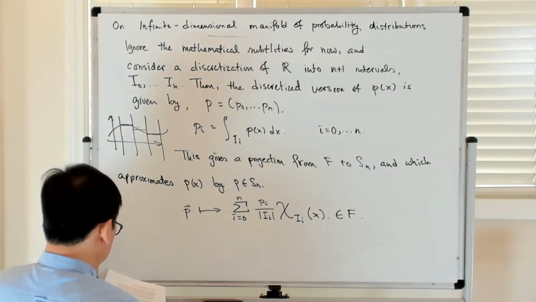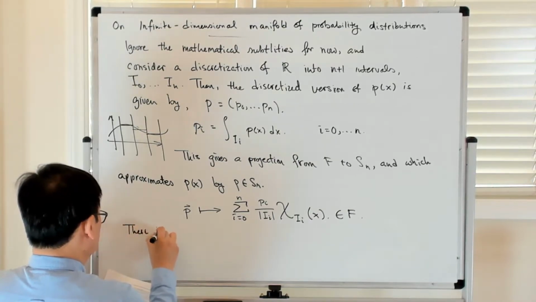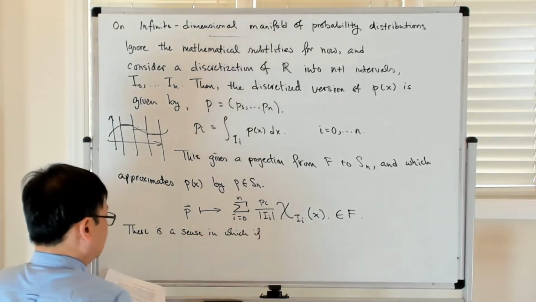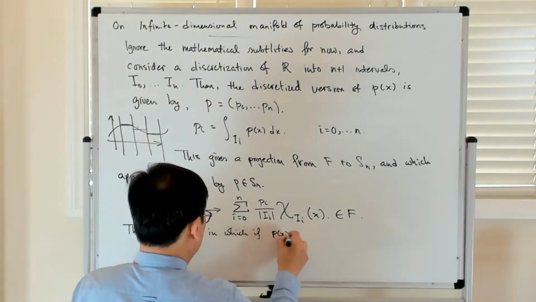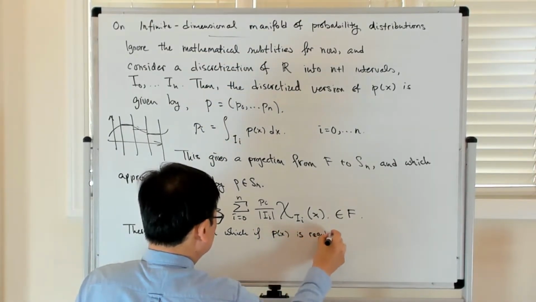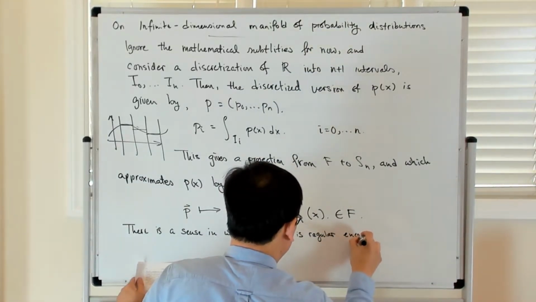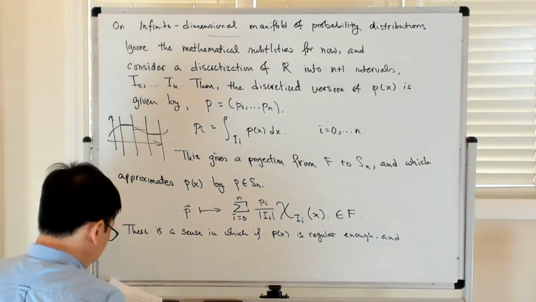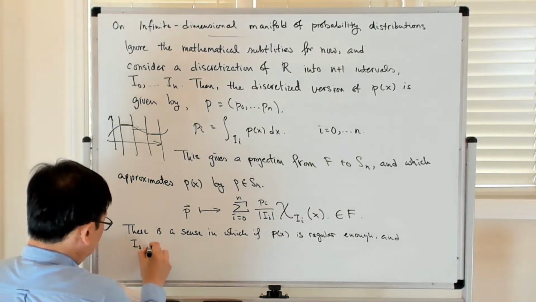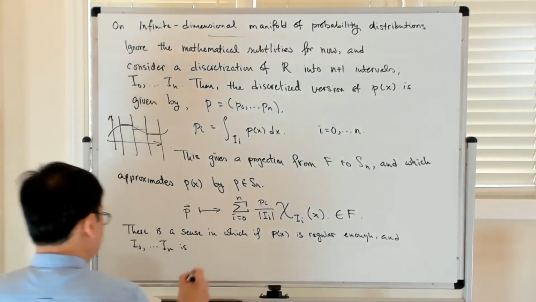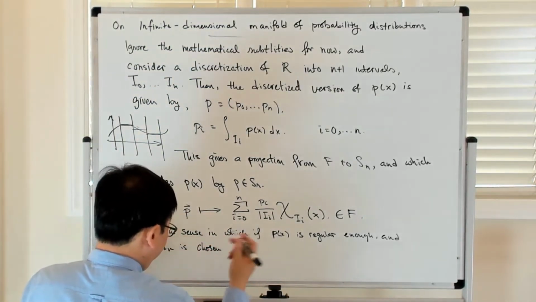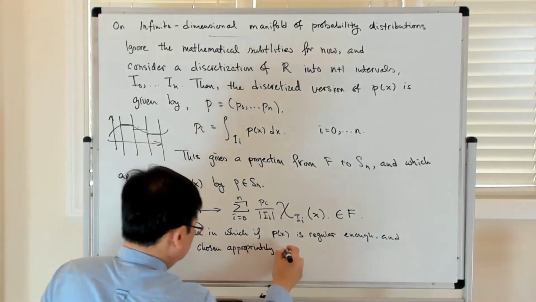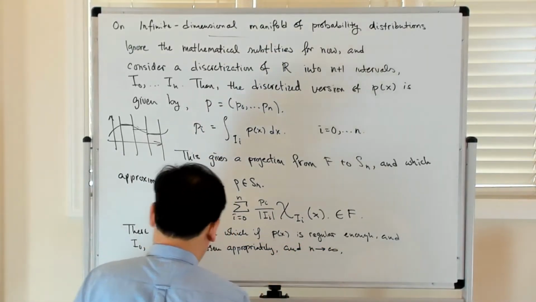There is a sense in which, if p of x is regular enough (I'm not going to precisely specify what I mean by that) and this set of intervals is chosen appropriately (so I'm going to hand wave repeatedly), and n goes to infinity,